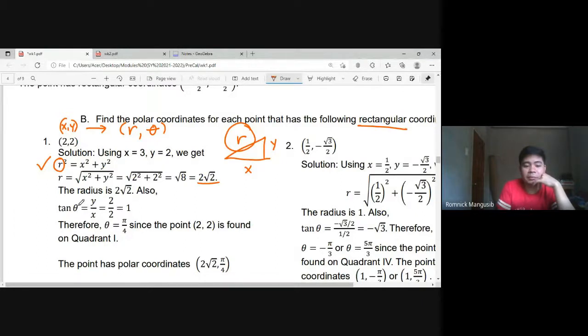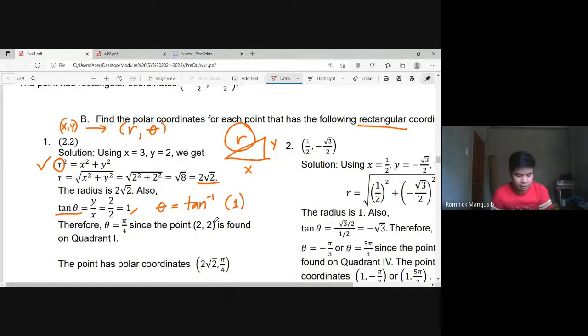And then pag kukunin mo na yung angle, use arctangent. Okay, initially you have tangent theta is equal to y over x and that gives you 1. And the next thing you're going to do is, paano hindi ka na naman sure sa angle na hinahanap mo. So you have theta is equal to arctangent of 1. So when you use your calculator, arctangent of 1,